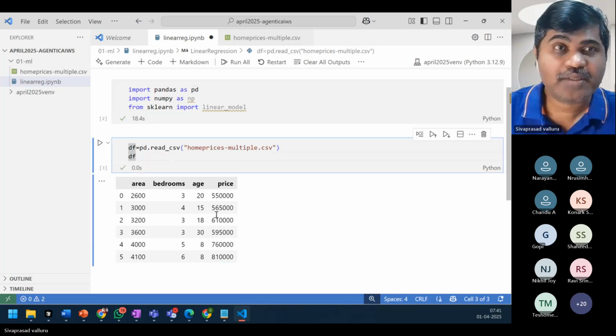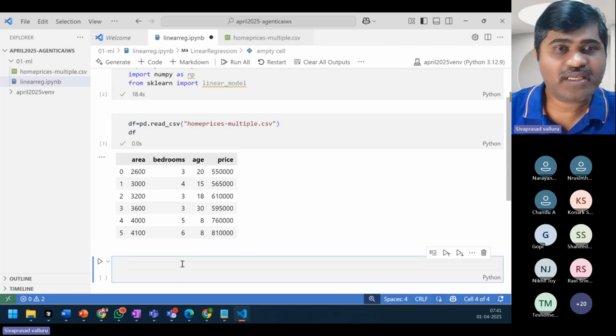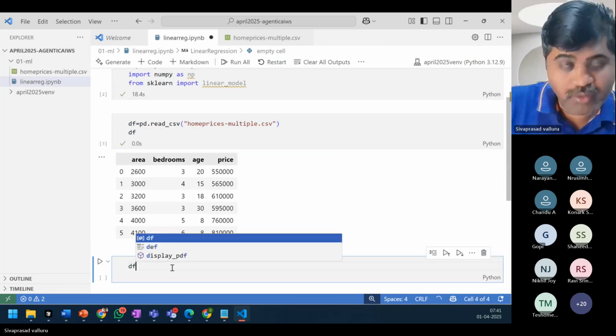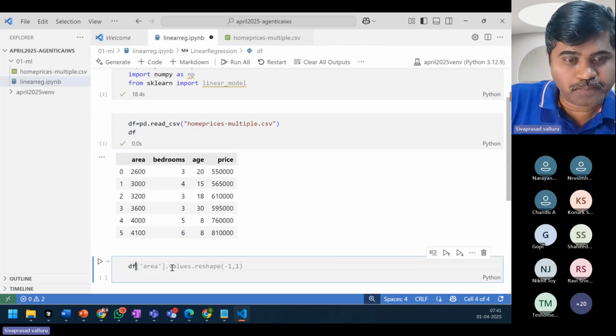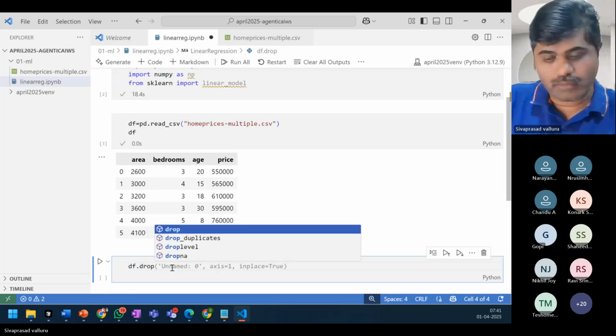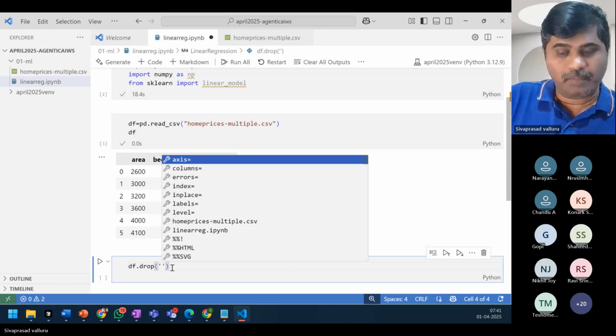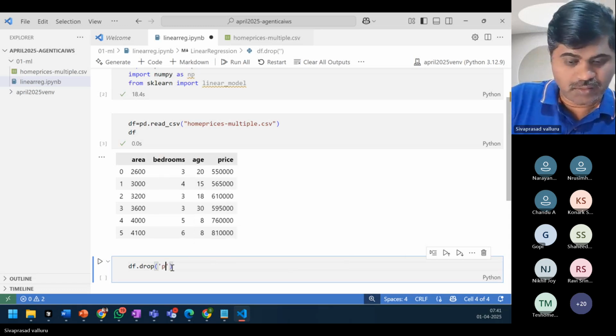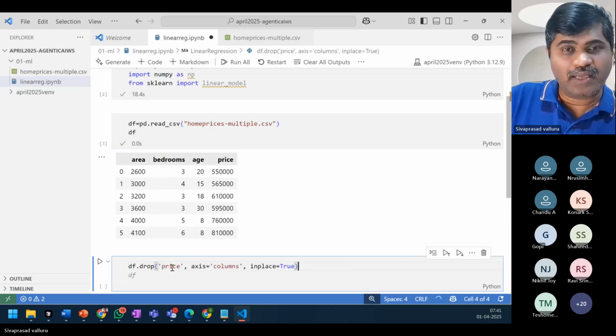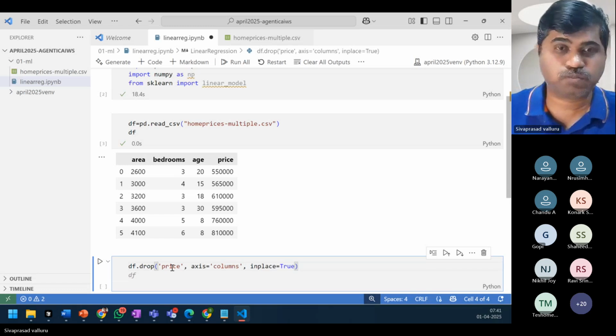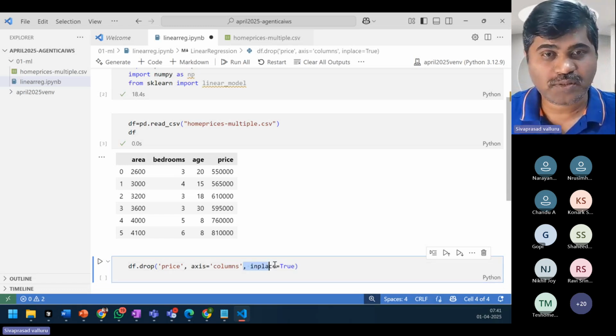So what I will do is I will just say df dot drop. I want to drop price, axis equals to columns.